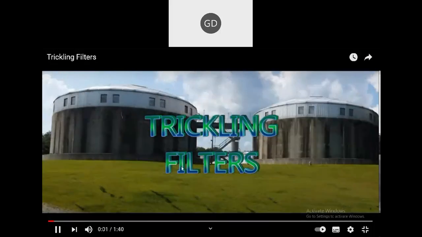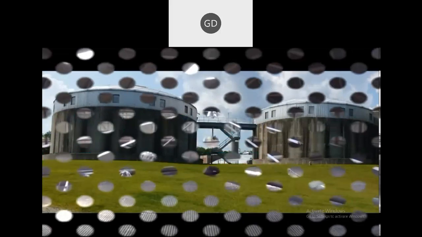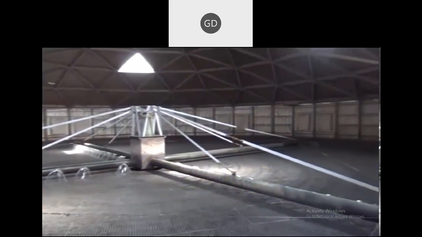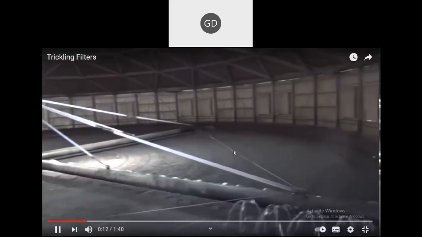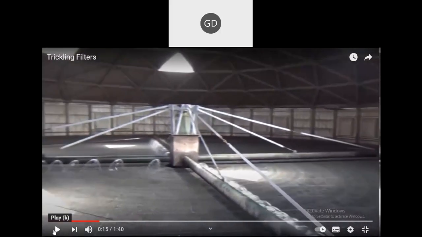Now that the wastewater has been pumped to the trickling filters, the mechanical and physical processes of primary treatment are concluded. The next step is biological treatment, which is known as the secondary treatment process. The wastewater that is pumped from the primary effluent wet well to the top of